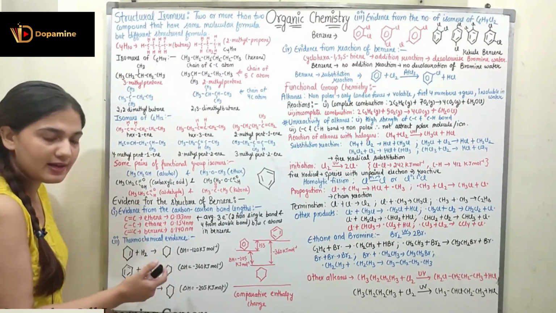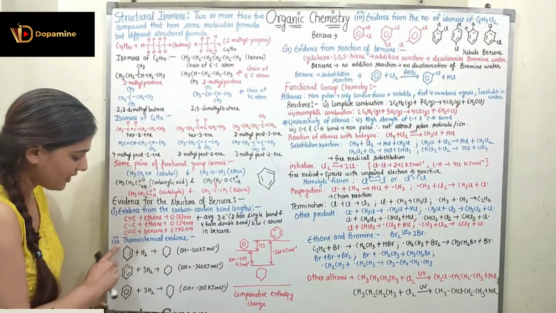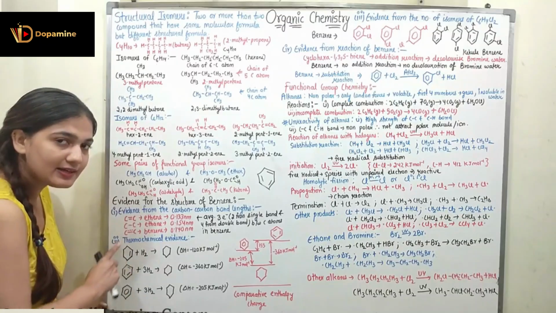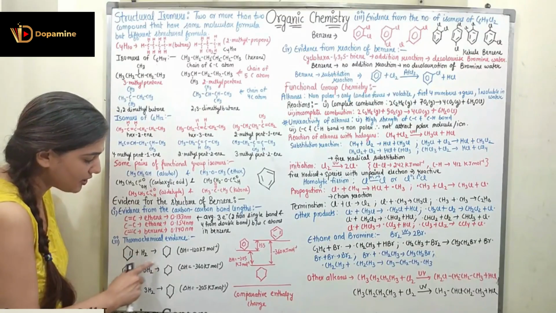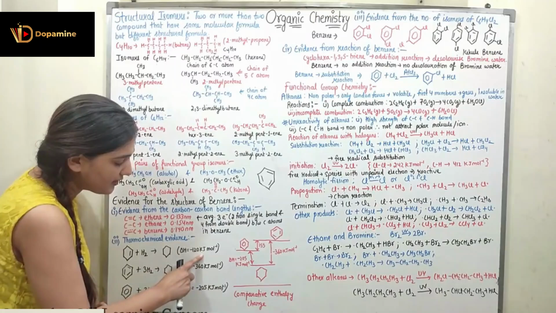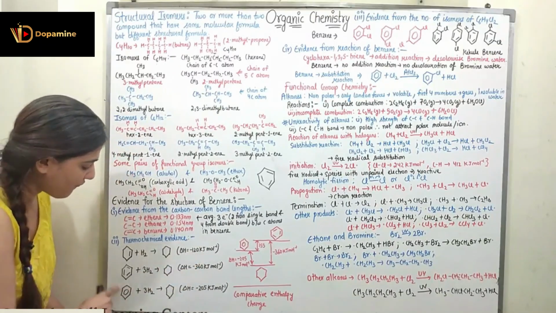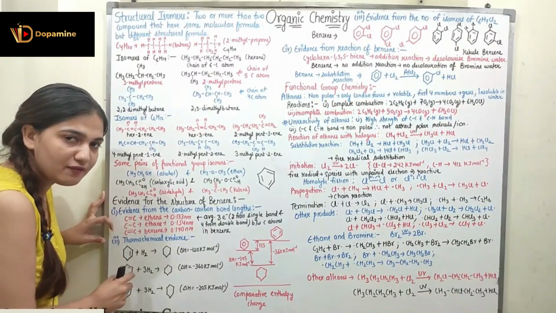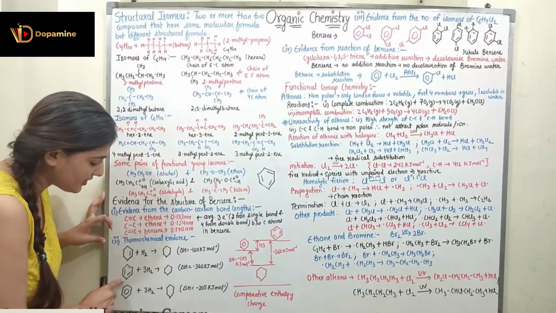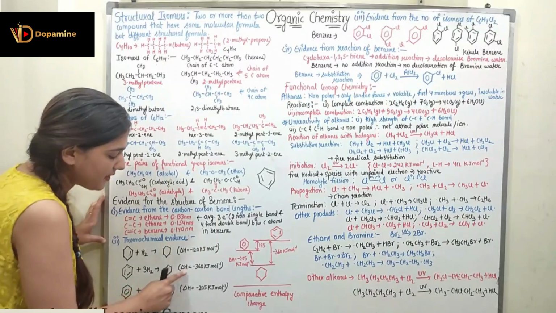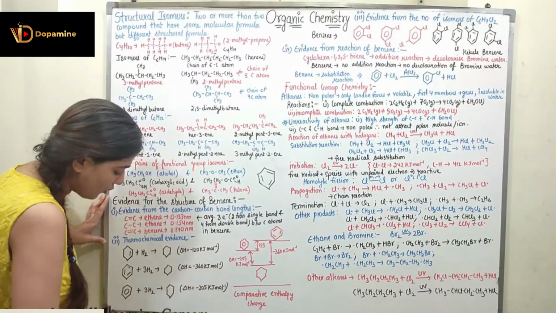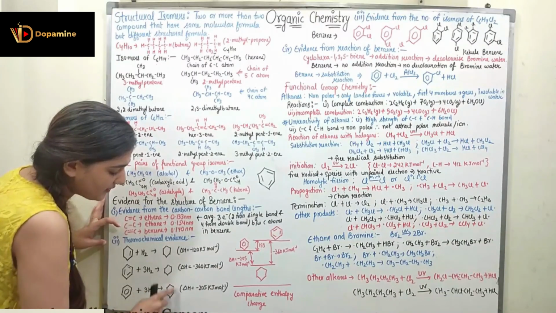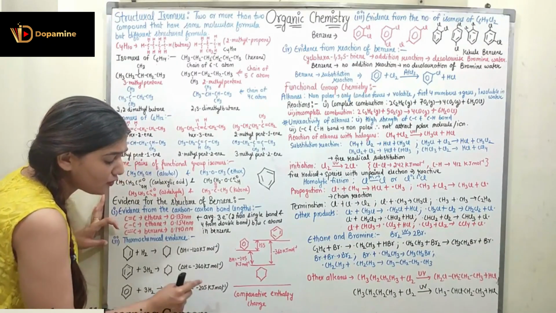Coming to the thermochemical evidence, if I see this structure, here I have a single double bond which is present in the cyclic ring structure of the carbon. If I add hydrogen, the enthalpy is minus 120 kilojoule per mole. If I see this structure, again this is the structure which we are talking about, and we are differentiating this structure from the benzene. If I add 3 hydrogen, the enthalpy changes minus 360 kilojoule per mole. But if I see benzene and if I add 3 hydrogen over here, and if I get this structure, the enthalpy changes minus 205 only.